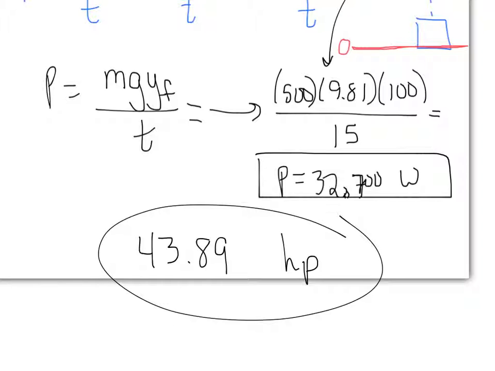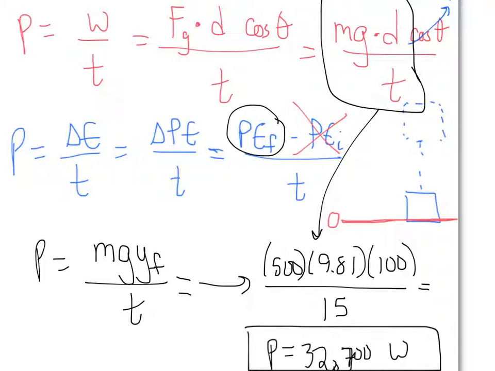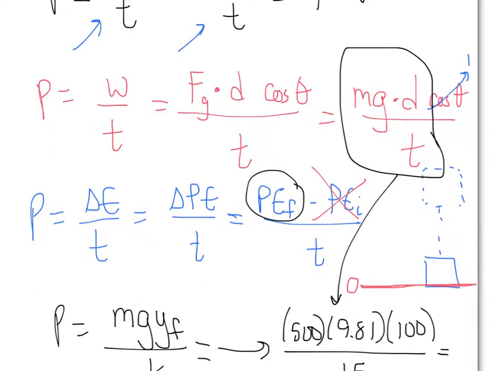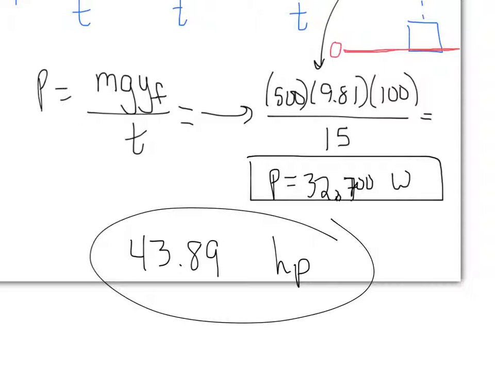All right? Where did you get that 100 from? Next to Bradley? That's the final height of the object, or the distance traveled. You plug it in for D right there, or for yf, and it's 100. I think in the problem it said 100 meters, yeah. Yep. Okay? So again, just to give you an idea of what your answers are equivalent to, so you have some number sense as to what the numbers actually mean.